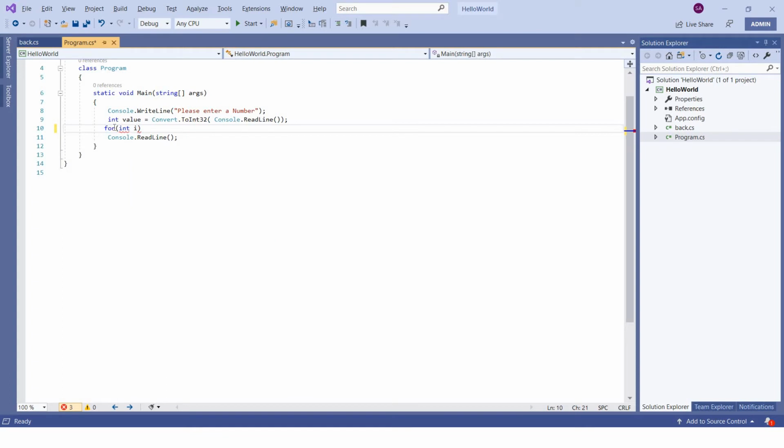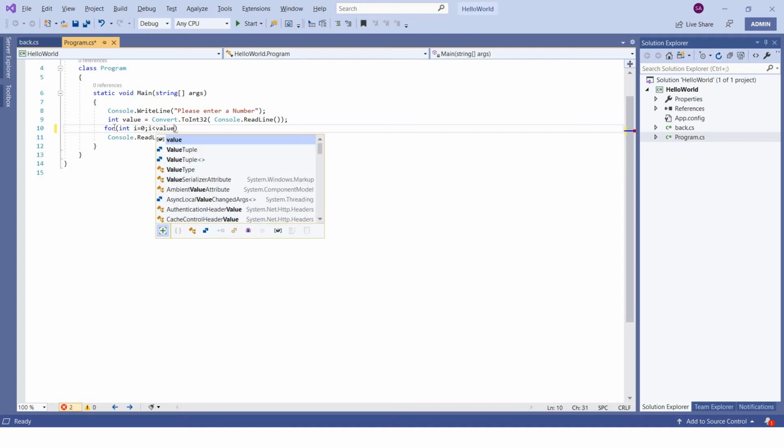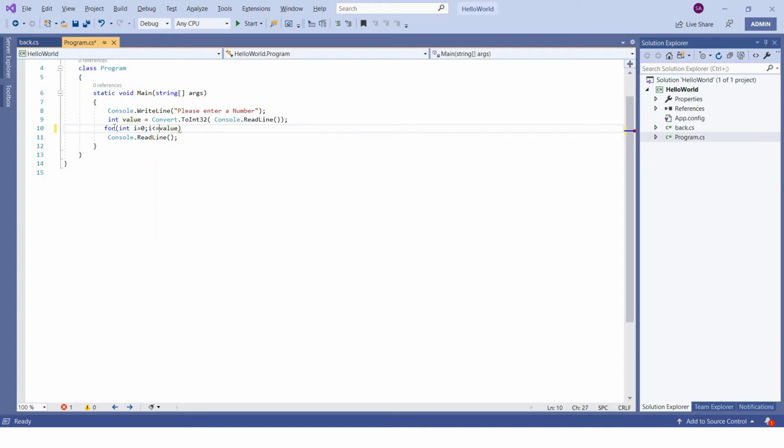Let's say int i equals 0. This is the initialization part, followed by your condition check. Let's say i should be lesser than equal to value, as earlier, and followed by your increment counter. So this is the syntax.